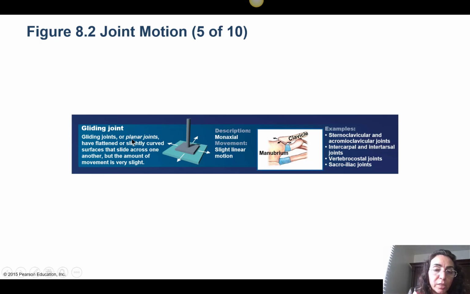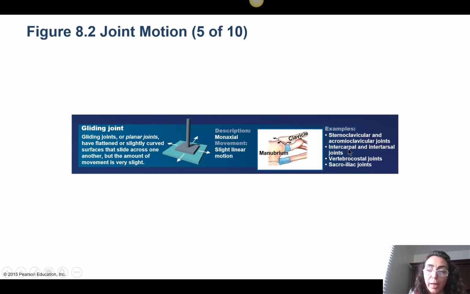Gliding joints, or as mentioned here, planar joints, are moving over one surface, and these are monoaxial joints, because they're just moving in one plane, right? So like the sternoclavicular joint or acromioclavicular joint, on both ends of the clavicle, they are planar or